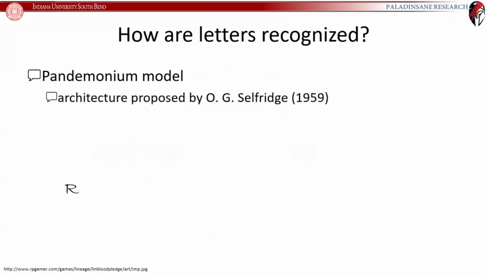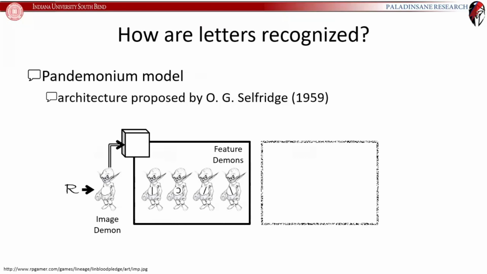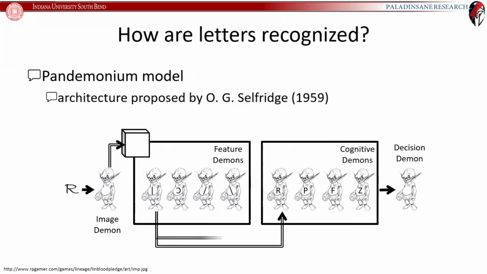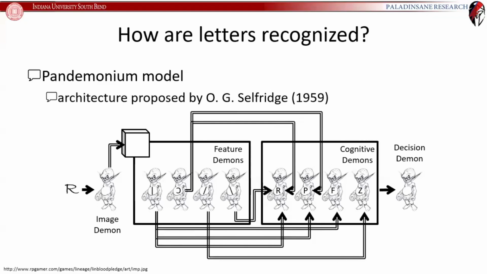What about the pandemonium model? So once again, we have that external reality. We have our image daemon, our feature daemons, same feature daemons. We have our cognitive daemons. And then we have our decision daemon, and we have all our connections. So this is the exact same model that we set up previously. And now we have that external reality projecting itself onto the belly of the image daemon. And then that gets sent up to the feature daemons,